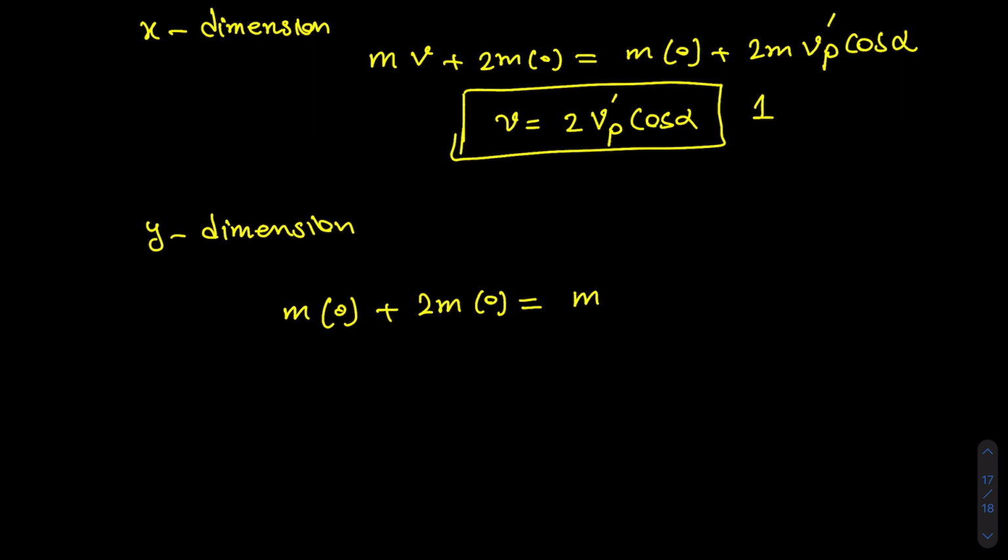We do not need to find any projection because it is purely vertical, times v n prime, which means v of the nucleus after collision, plus 2m, which is the mass of the particle, times v p prime, which is the velocity of the particle after collision,